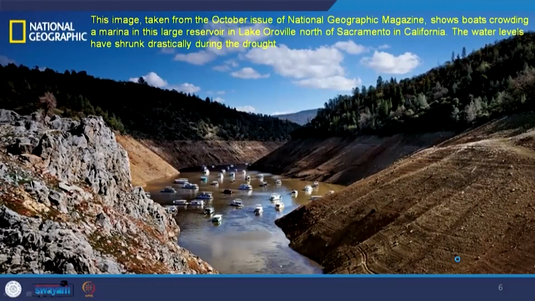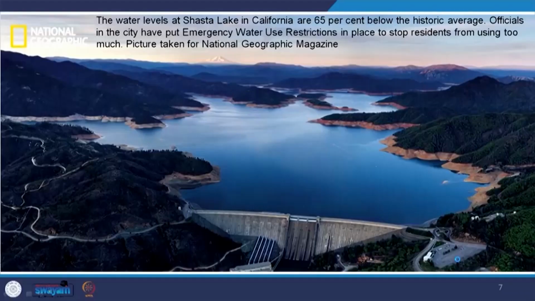This particular image was taken from the October issue of National Geographic magazine in 2014, which shows boats crowding a marina in a large reservoir, Lake Oroville, north of Sacramento in California. That particular year was a severe drought year in the US, especially in California, and the water bodies had greatly shrunk in size. This is a view of Shasta Lake in California when it was full, yet not full, but